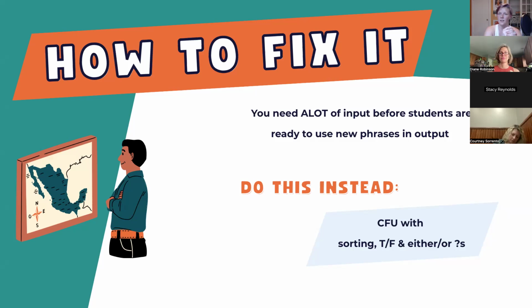So try this instead. Can you check by maybe sorting something or doing a true false or an either or question or having students circle the correct answer out of a few choices? So writing and output is the most common CFU that we use, but it's not the most appropriate for interactions. So keep that in mind because that might be one of the reasons why your students are having trouble with